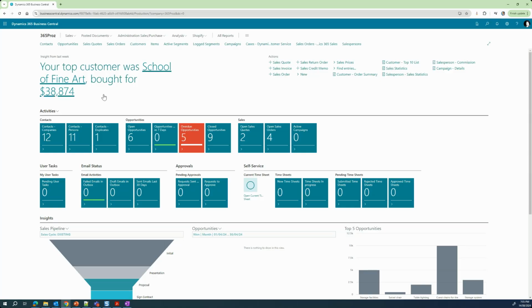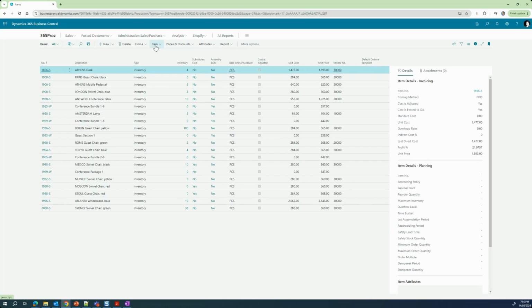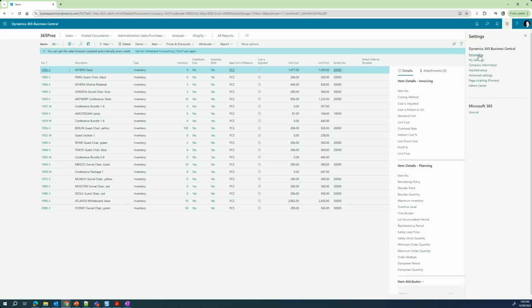Now, let's go to a list page. In this case, let's just take an example of items list. Now, the list is where you can see the records of different entities such as contacts, customers, items, etc., right? That we covered in our last lecture. Now, you can personalize this list as well. You can maybe change the order of the columns, the visibility of the columns, and also you can freeze pane of the columns. Now, to do that, again, you have to go to the settings button